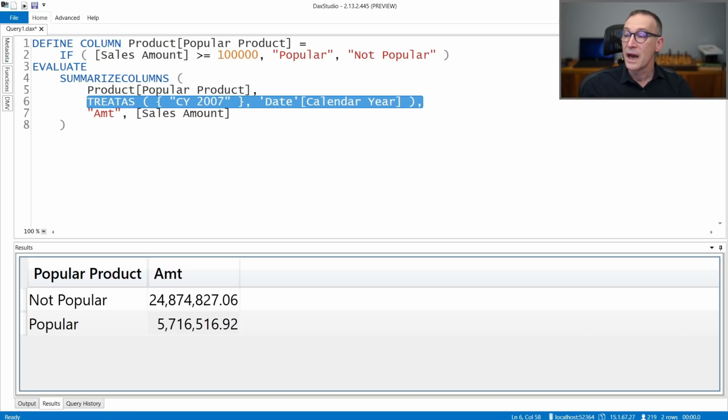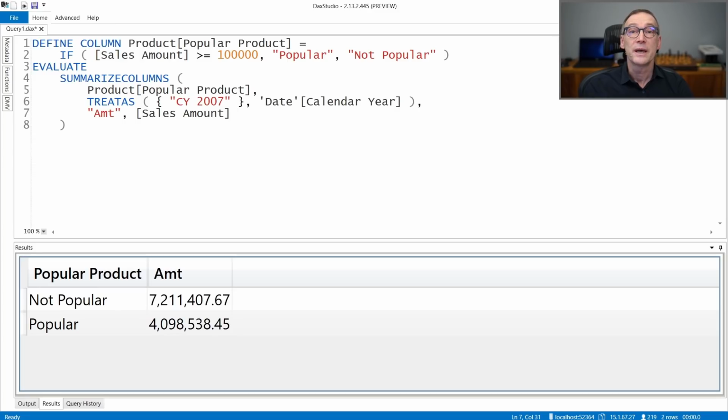Now, what is the outcome? First, I can run the query and look at the result. But the interesting thing is this sales amount, the sales amount that I computed here: was it the sales amount considering 2007 or not? The answer is no. Because the filter on 2007 is part of the filter context, and this, being a calculated column, has been computed outside of the filter context. So this code is very different from an expression that, let's write another evaluate.